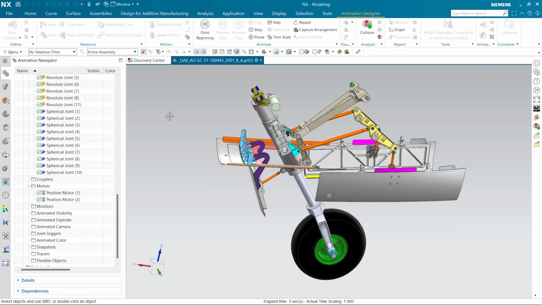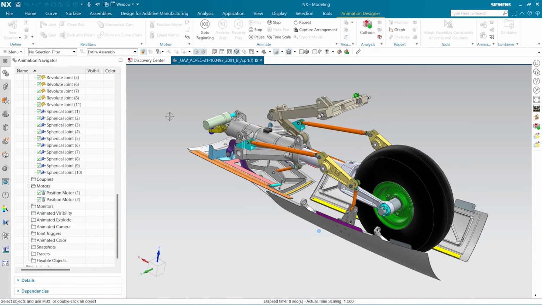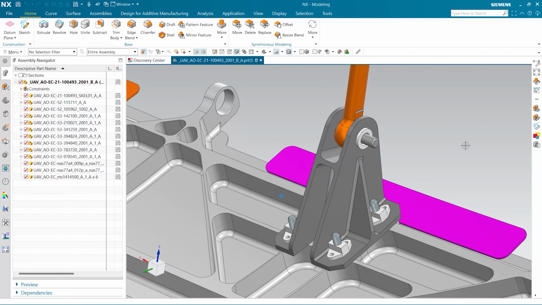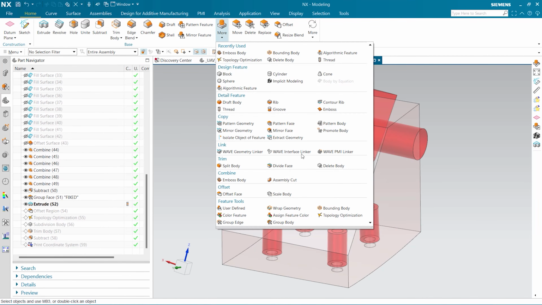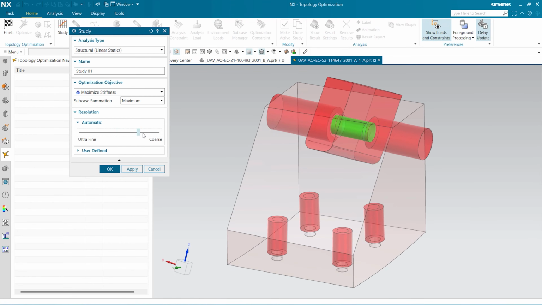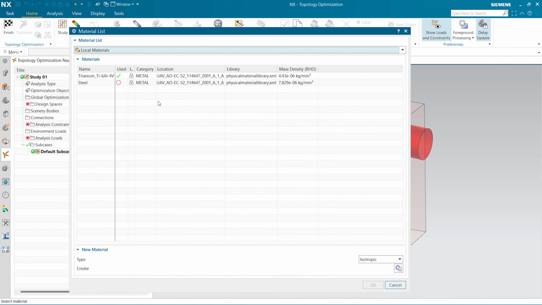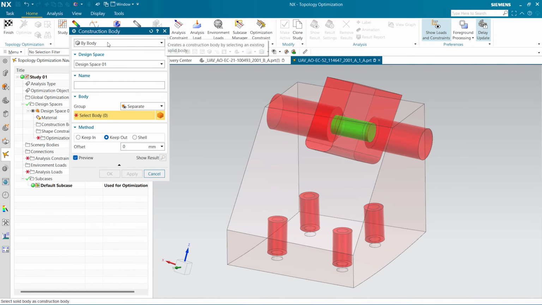We have seen some examples of parametric optimization, but the concept of simulation-driven design also integrates generative design, which consists of a set of tools allowing the user to directly obtain a natural shape of a part according to its load case. Topology optimization, for instance, is a commonly used method in additive manufacturing in order to optimize the shape of a part regarding its mechanical or vibration load case.